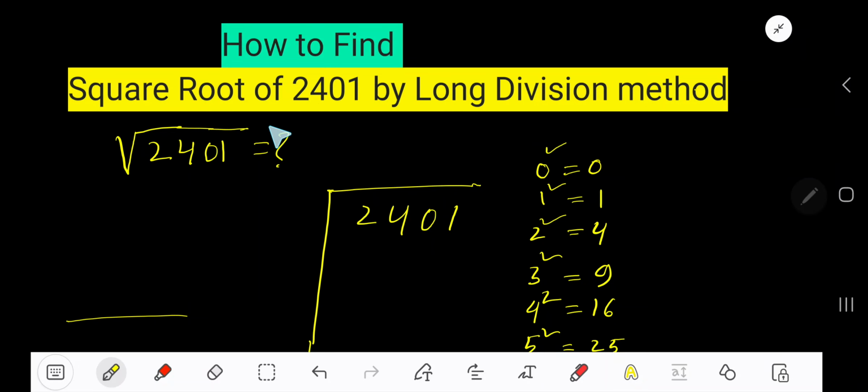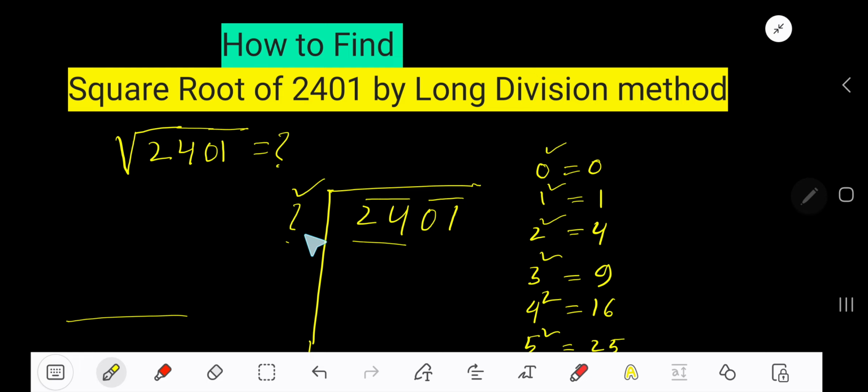How to find the square root of 2401 by long division method? Make pairs first from right-hand side to left-hand side. So this is our first pair, this is our second pair. For this pair, we have to consider a number whose square will be equal to 24